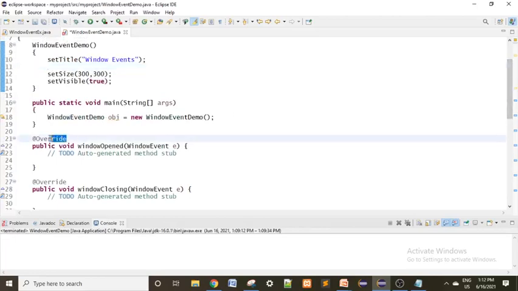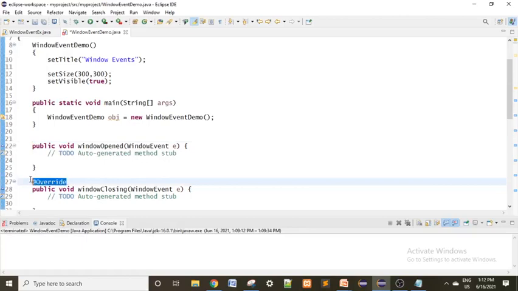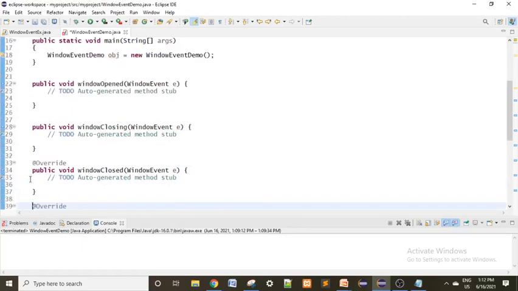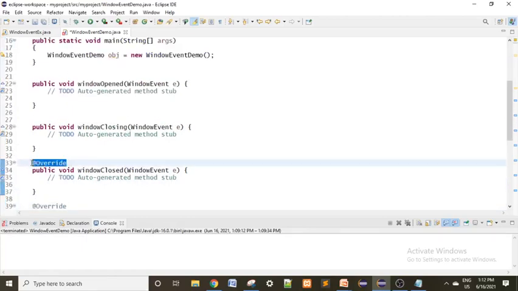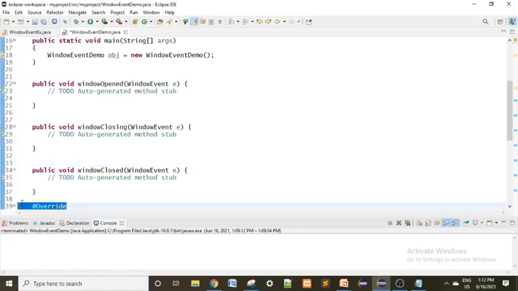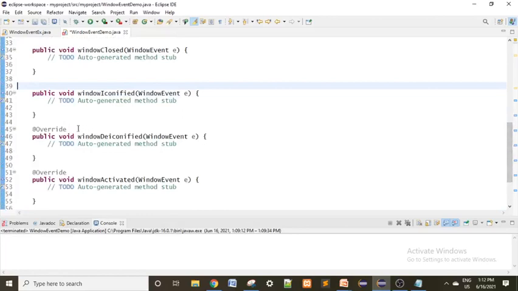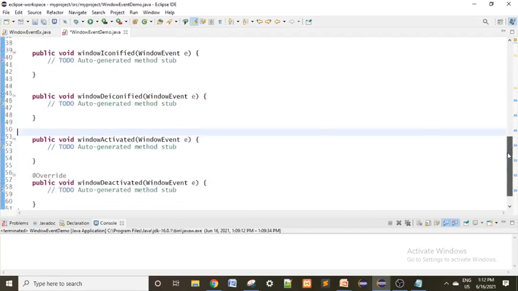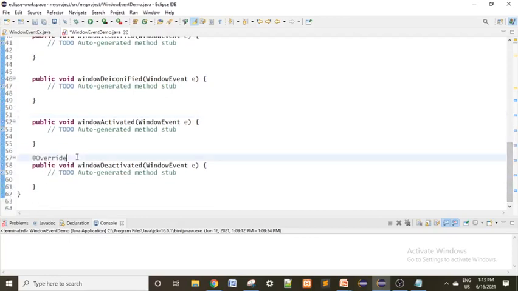Don't worry about this annotation. Remove it, we are not using it like this. You can keep it as it is also, no problem, it will not generate any error. These are the 7 methods which are used to handle window events.